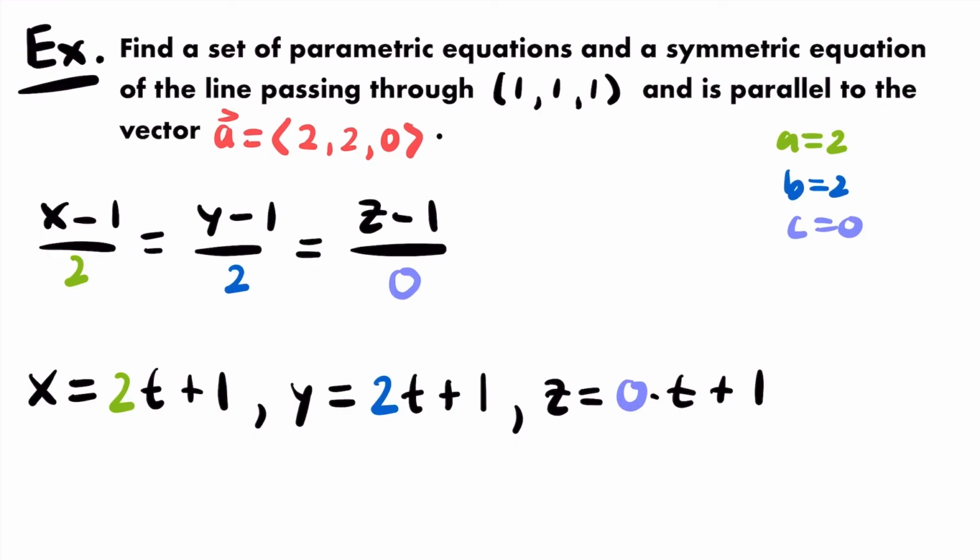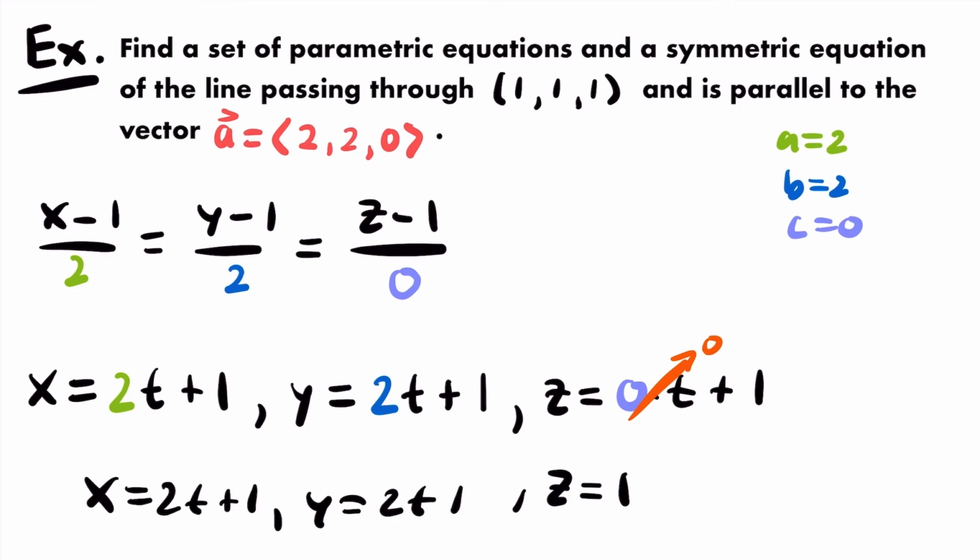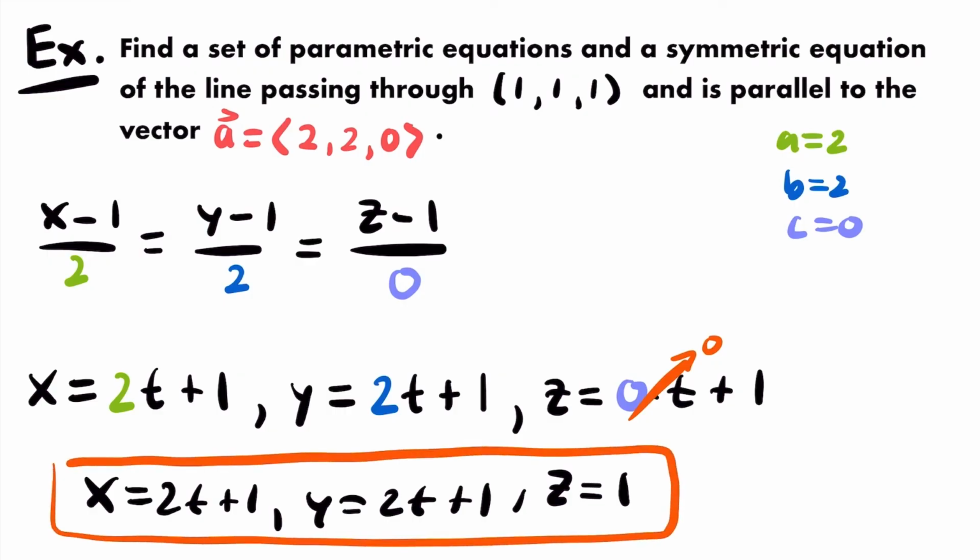Anything times 0 is 0, so we have z equals 0 plus 1, which is 1, so we have z equals 1 as the parametric equation for z. That's going to represent our line. Now if I just rewrite these other two parametric equations here, we have x equals 2t plus 1 and y equals 2t plus 1. Together, those three equations make up a set of parametric equations that would represent this line,